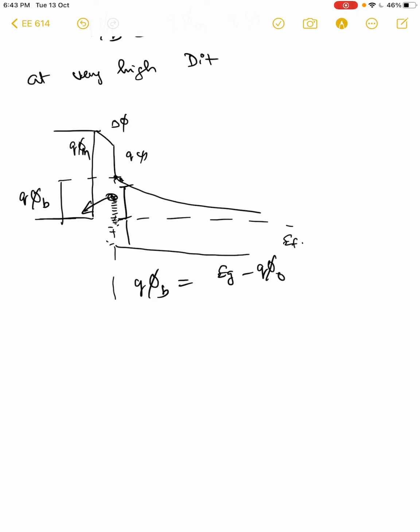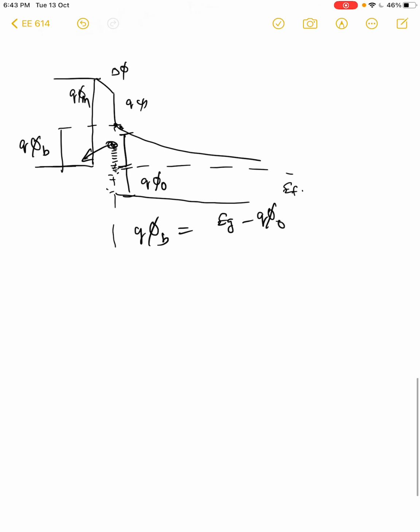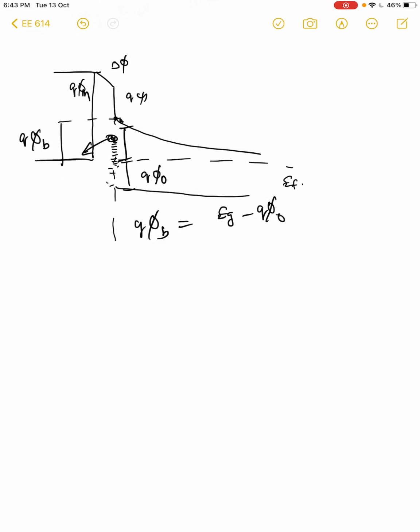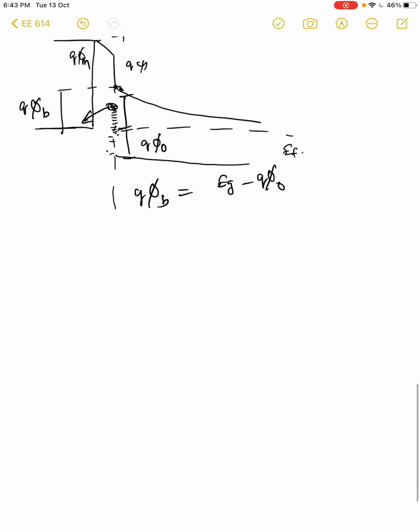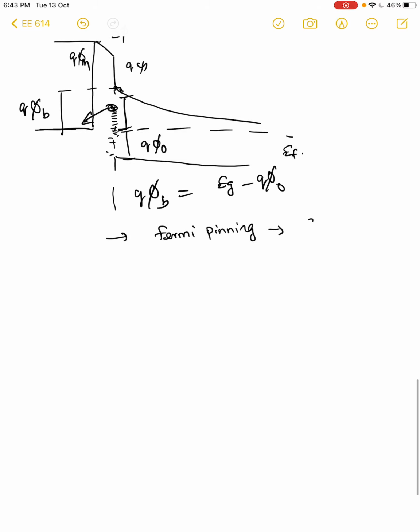So we saw this Q psi naught is basically the number of neutral defect densities at the interface that we saw before, right? Now that our defect density at the interface is so large, there will be no change in the Fermi level, right? So a very small change in the Fermi level will give you such a large change in charge density that there is no actual change in the Fermi level, right? So you have what is called Fermi pinning. The Fermi level is pinned at Q psi naught plus EV.